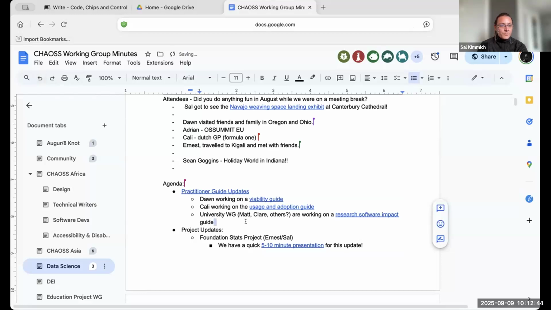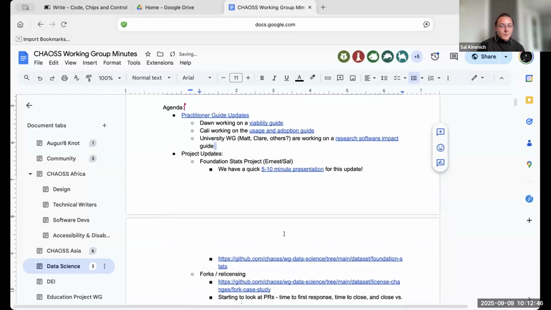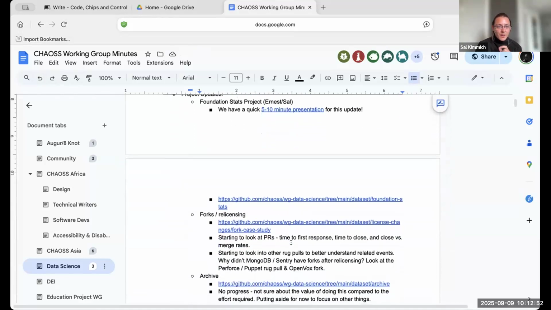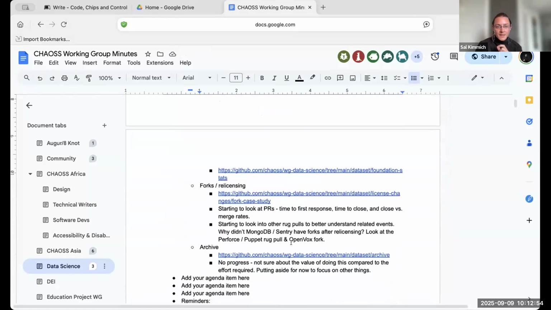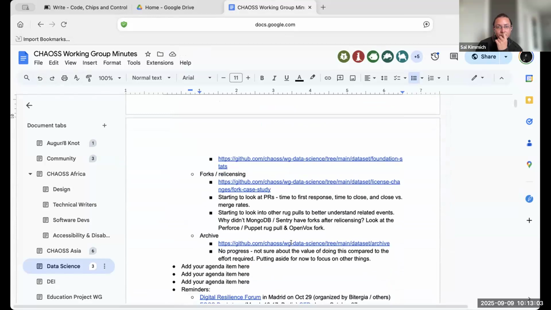And for project updates, we'll come back to the foundation stats because we have a presentation for it. But any updates on forks and relicensing and archiving? Yeah, I can give a quick update on the forks and relicensing.